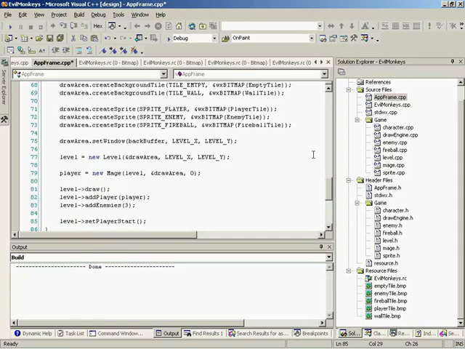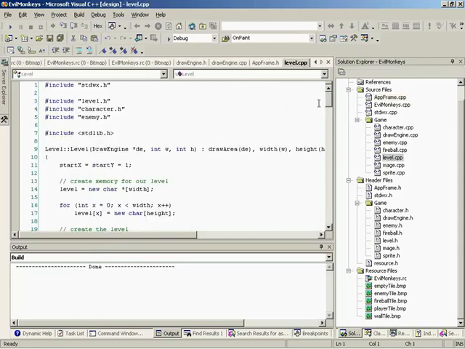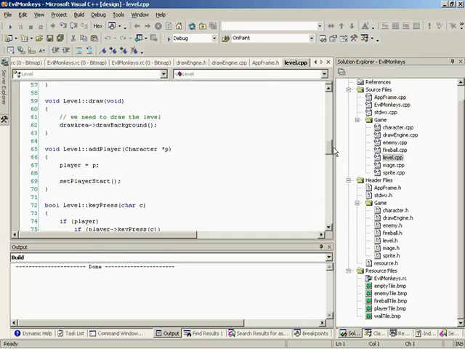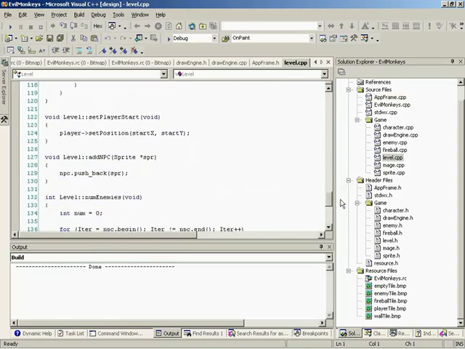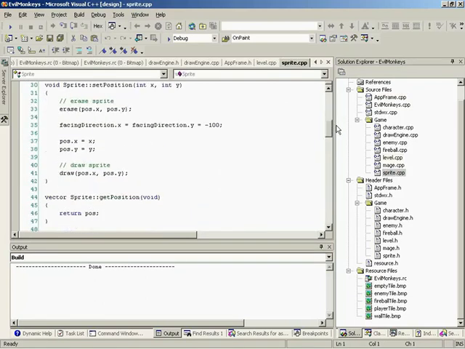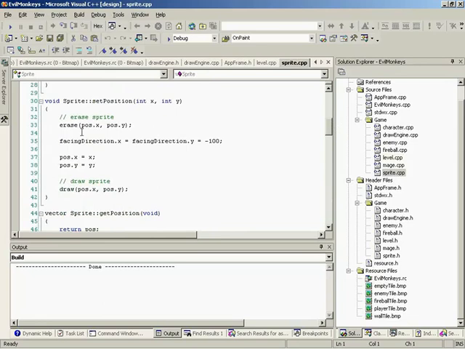And if we look in level.cpp, just so you guys know, it's nothing fantastic or anything. Well, it is fantastic, but it isn't unbelievable. SetPlayerPosition simply calls the player, which is a sprite, and sets his position to startX, startY. So that's where we want the player to start, and that defaults to 1, 1. Okay. Which, if you look at sprite.cpp, and let's just come down into SetPosition, all I'm doing here